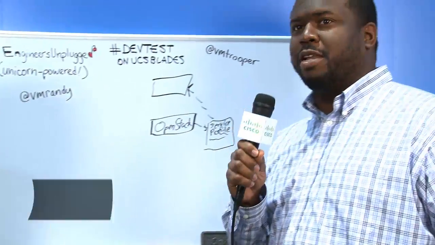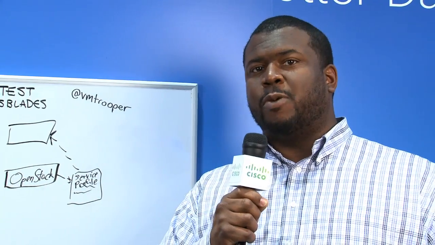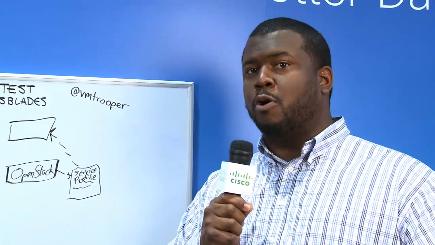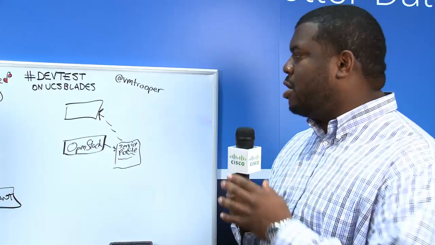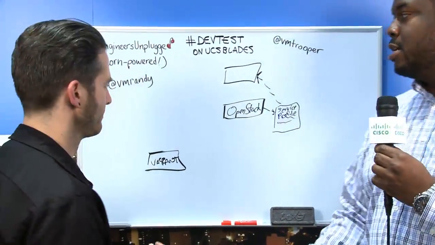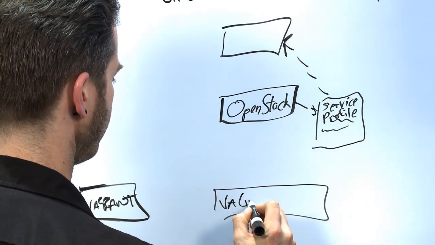All right, thank you, Randy, for that great introduction. One of the applications of using the UCS blades for dev test is a particular tool that we use called Vagrant. It can spin up test environments very quickly, so your entire OpenStack stack of services can be scripted out, and it'll deploy it for you automatically. On our test box, let's say this was blank and just running Linux, we could have Vagrant take an actual disk image,